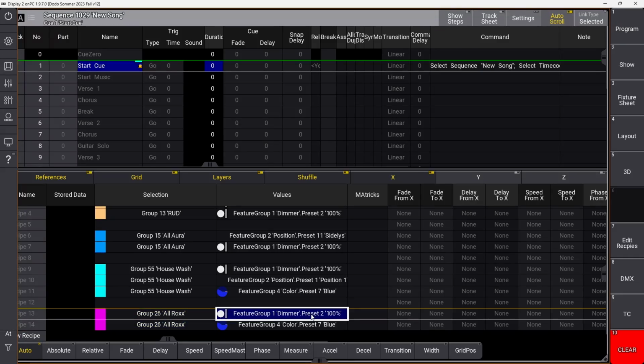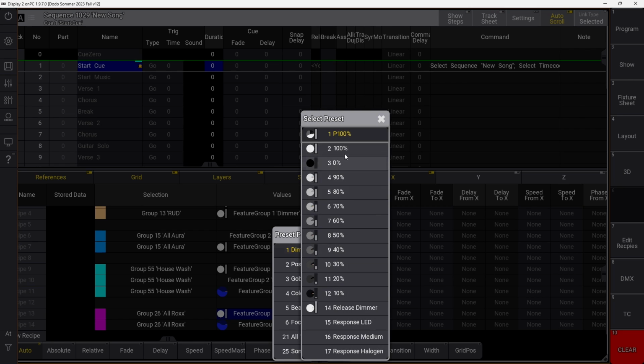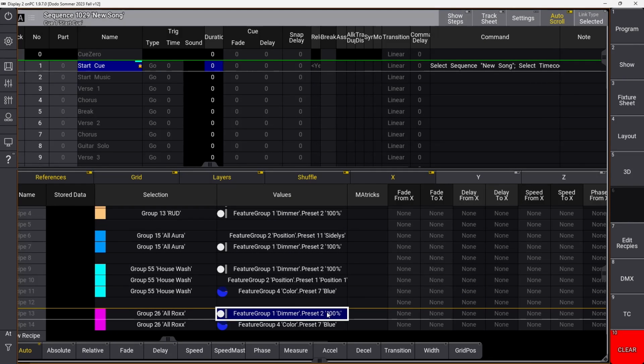You might have noticed that I have 2 dimmer presets at 100%, and the first one 100%, this one is actually 100%. I use that for everything I program, everything I do, besides the 2 light blinders, because they are extremely powerful, and I want to be able to program them at a lower intensity in the songs, because especially when we're indoors, we need to take the intensity way down of the main look